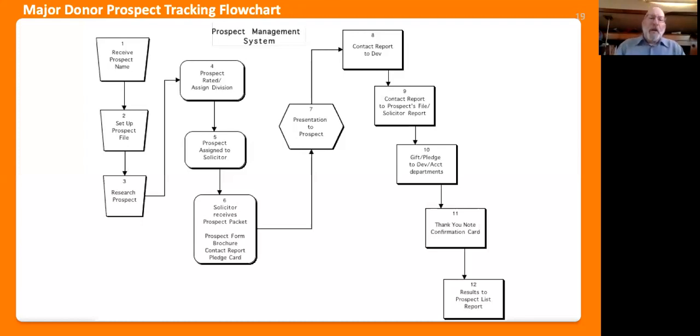All right. Then you make your presentation. You go to them and you're going to ask them. It might be a thank you, or a thank you with a report of what they invested in the project, whatever. It might be that pie chart about the annual fund. After you come back, you do what's called a contact report. Now, I didn't include one, but I think there's one in the book. And it's simple. The name, where'd you go, the address you went to see them, what's the location, what did you talk about, and did you ask them for anything?